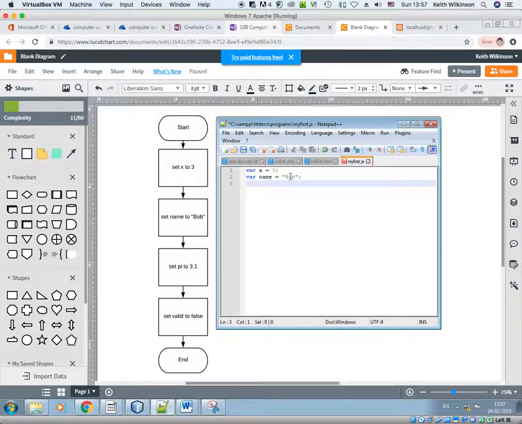If I want to set pi to be 3.1, which is a float, var pi equals 3.1. Oh, that's 3.2. And if I want valid to be false, I need to say var valid equals false. So that is the JavaScript version, and if you remember how we ran the JavaScript version, we really needed